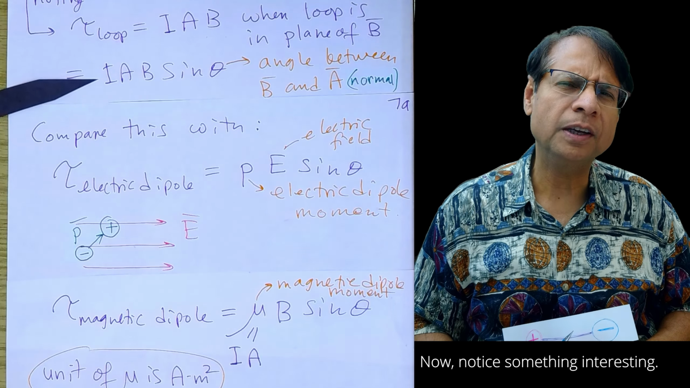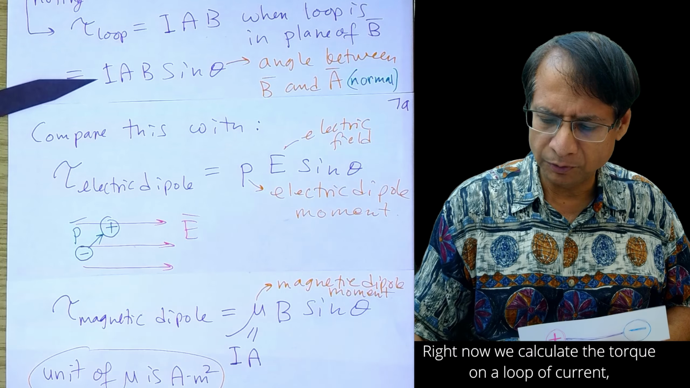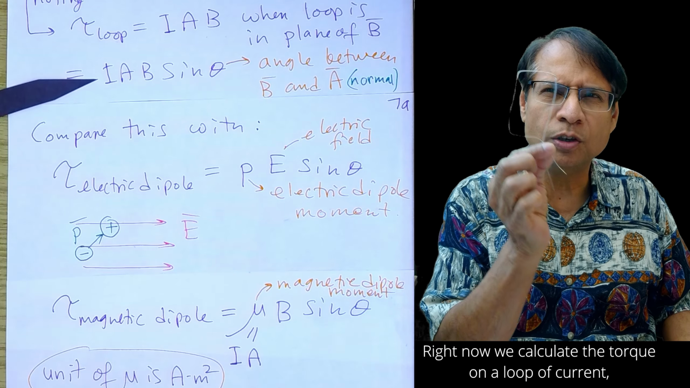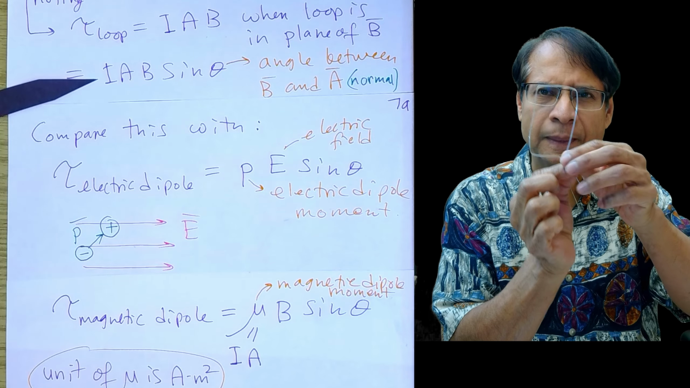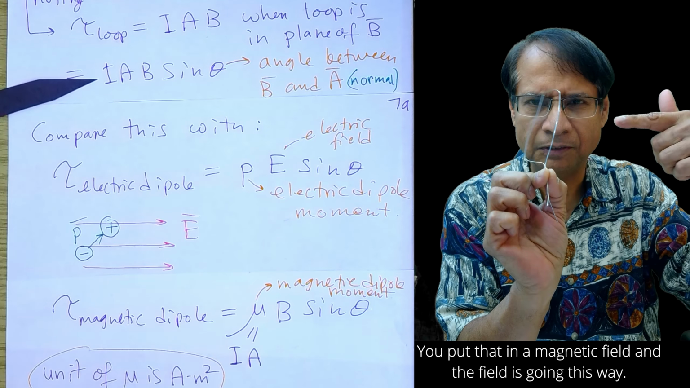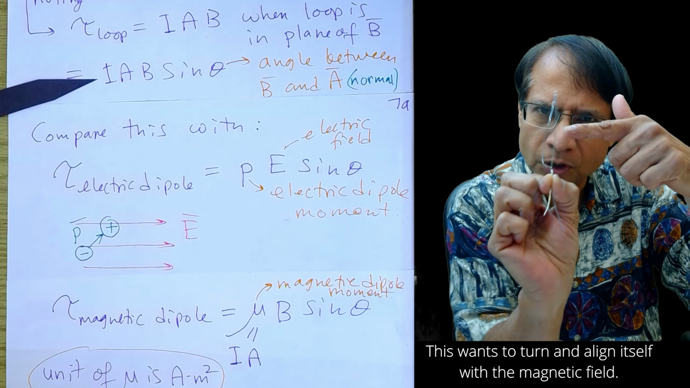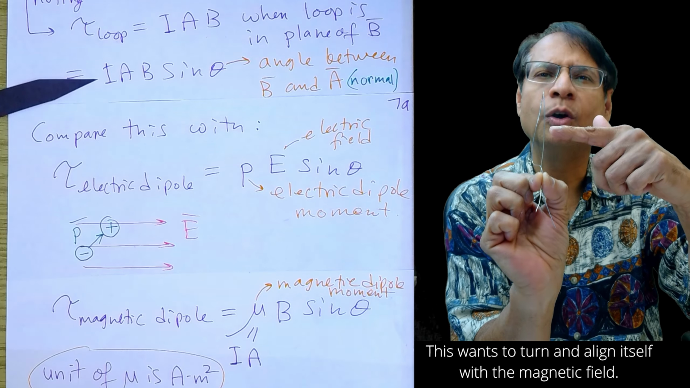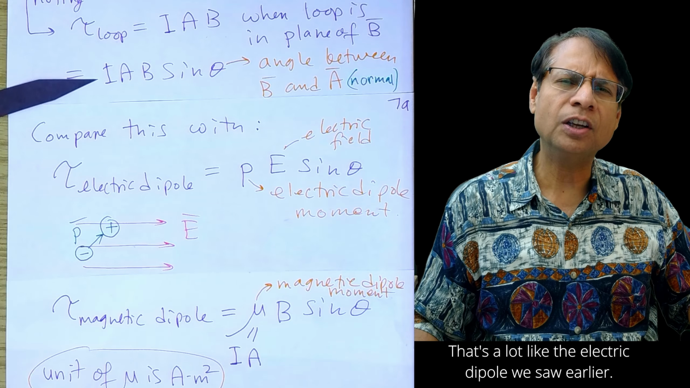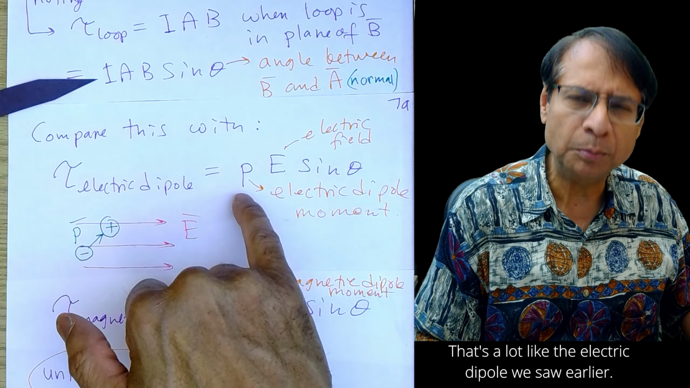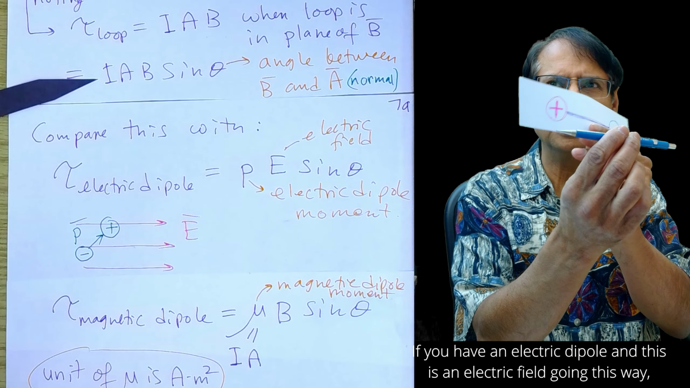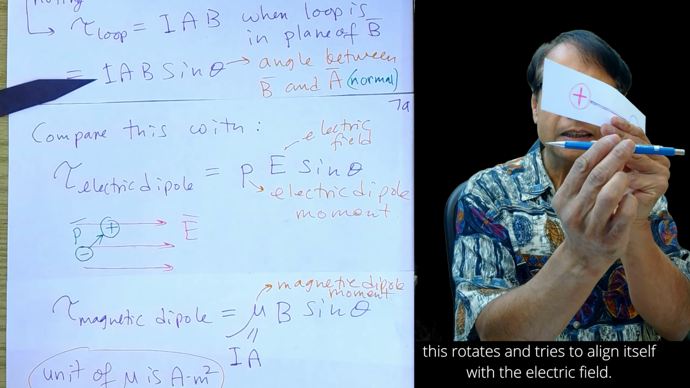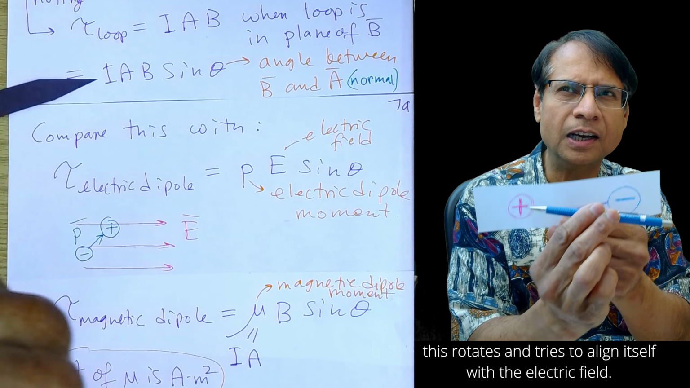Now notice something interesting. Right now we calculate the torque on a loop of current, a wire that's carrying a current in a circular path. You put that in a magnetic field, and if the field is going this way, this wants to turn and align itself with the magnetic field. That's a lot like the electric dipole we saw earlier. If you have an electric dipole and this is an electric field going this way, this rotates and tries to align itself